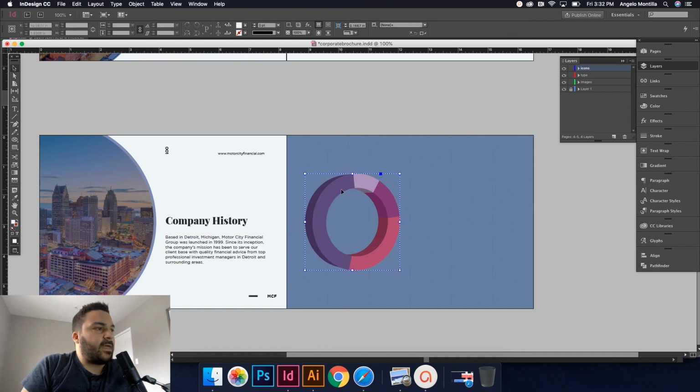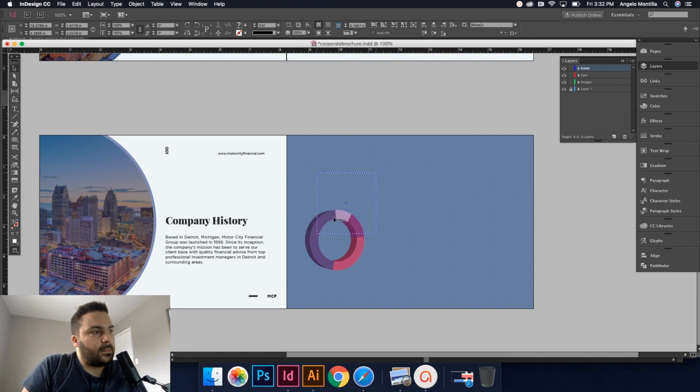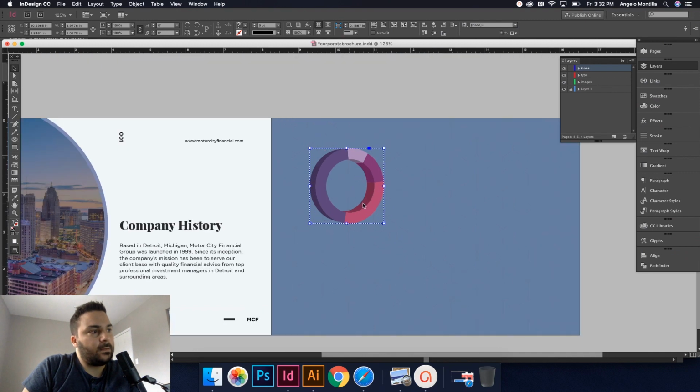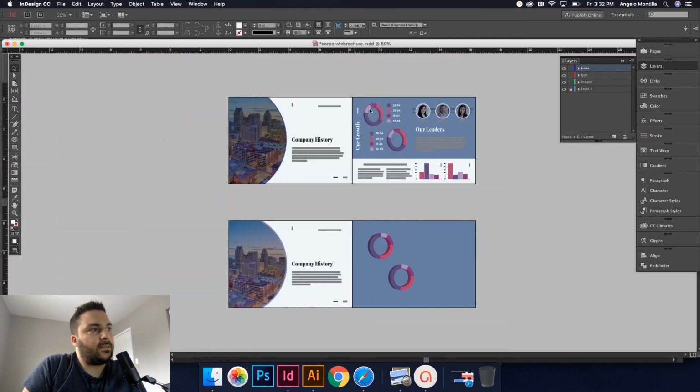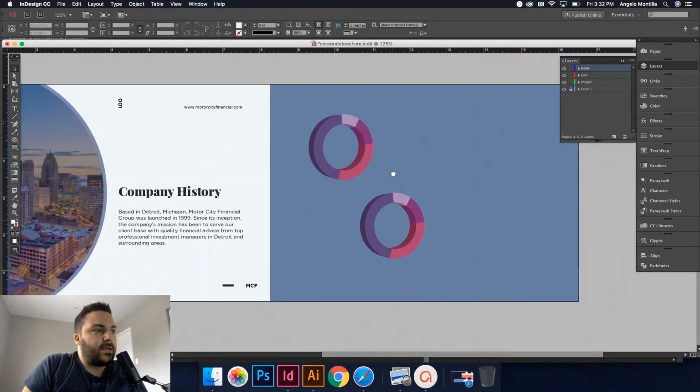So I'm just going to click that and then scale it down and then move it to where you want. Okay. Make another copy and put it over here. Okay, so you can see that that's kind of the effect that I was going for. What I did down here